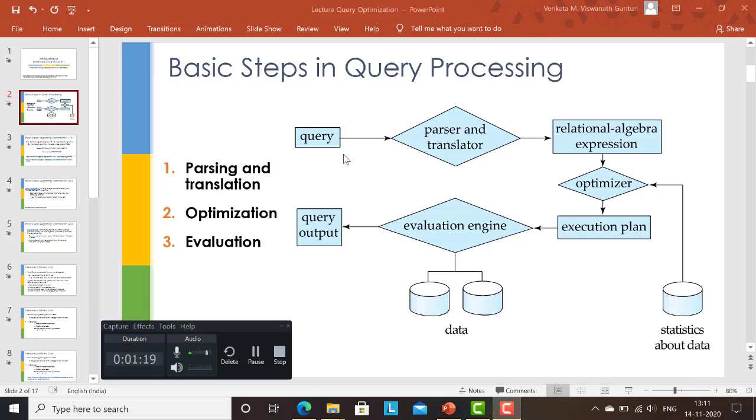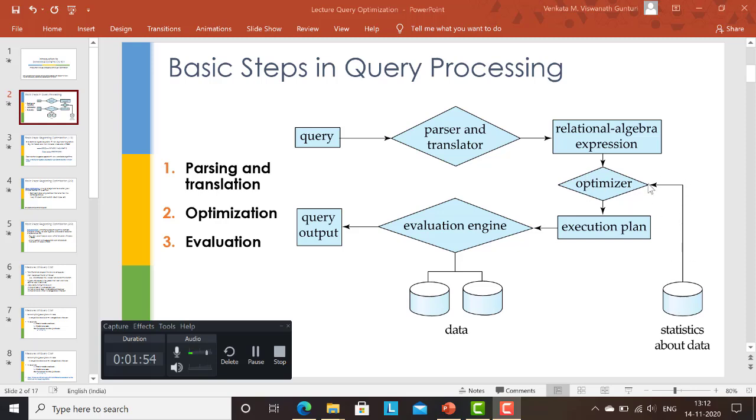You give the input as select star from some tables, and then the SQL query goes through a parser or translator, whatever you want to call it, and that parser will create a relational algebra expression for your query. And this relational algebra expression goes into the actual query optimizer module, and that optimizer will look up